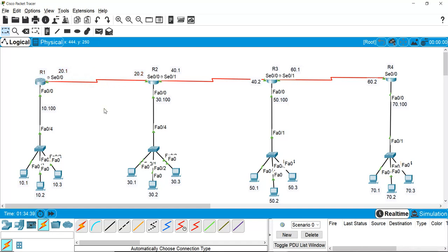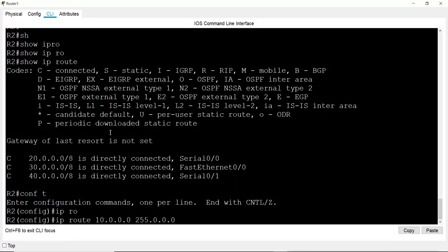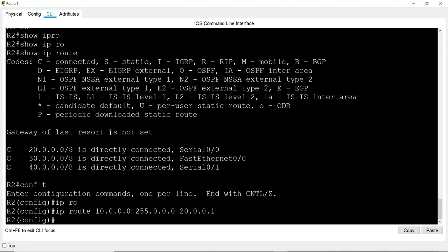The first router we will meet is router 1, and the first interface we meet is serial 0/0, and the IP of that interface is 20.0.0.1. So here I will mention 20.0.0.1. Now 10 is done.